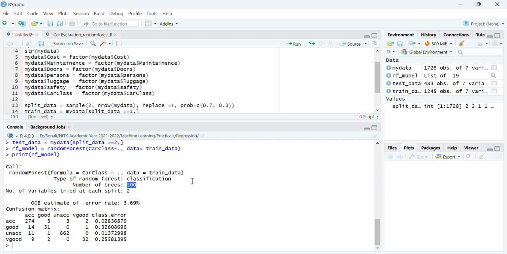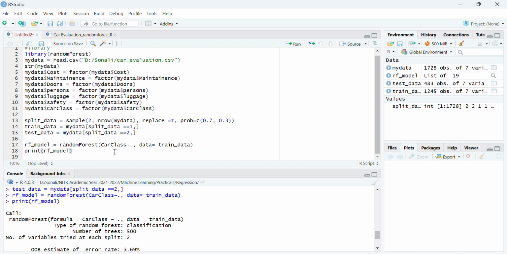So how many trees have been created here? 500 trees have been created, and the number of variables tried at each split is 2. Then comes your OOB estimate. What does OOB mean? Out of bag estimate. The error rate is 3.69, so what is your accuracy?